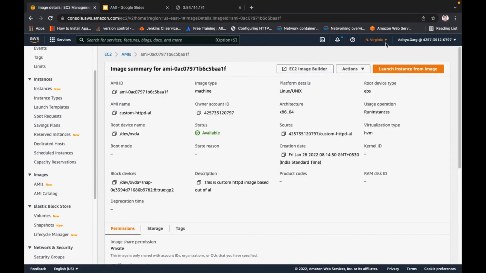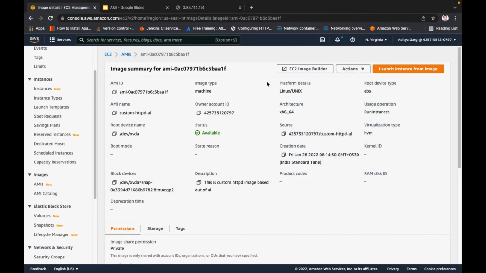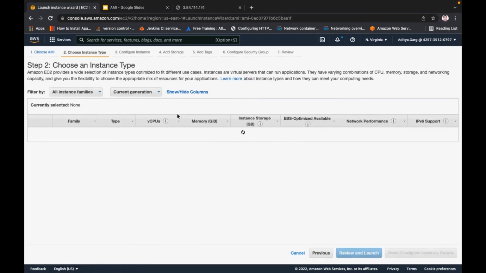Now, which region are we in? We are in US East 1, and there are different availability zones in this region. So with this image I have created, I can launch the instance in a different availability zone as well.